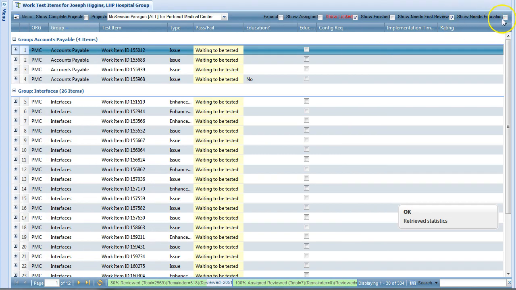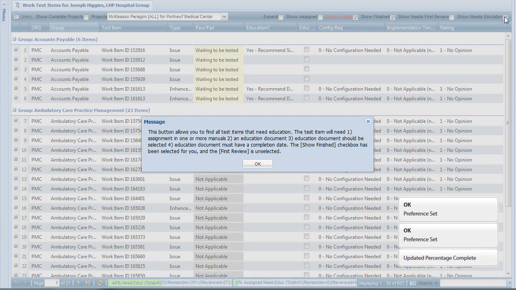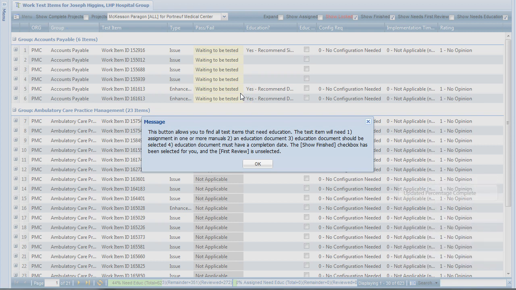The next filter is show needs education. And this has criteria as well. This is basically going to show you any test item that someone marked that needs education. So that's the first criteria. And then if no manuals exist for it, then it's going to appear on this list. And the education document has to have a completion date, and